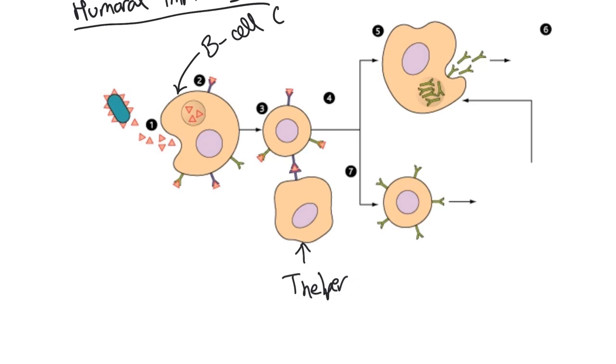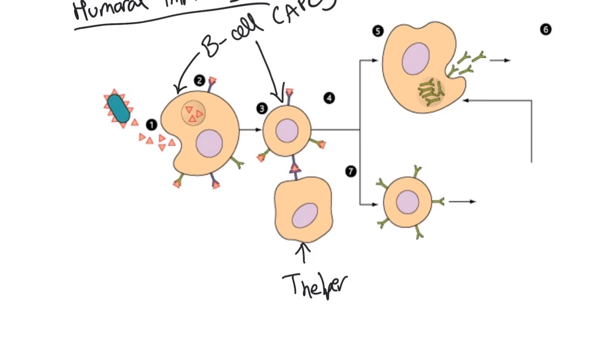So B cells, once they've taken in antigens that they are complementary to, also become antigen presenting cells. This is the same B cell, it's not a different cell. And diagrams showing humoral immunity often show them in this way, like flowcharts, and that tends to confuse people. So this cell number 3 is the same B cell that is now presenting its own antigens.